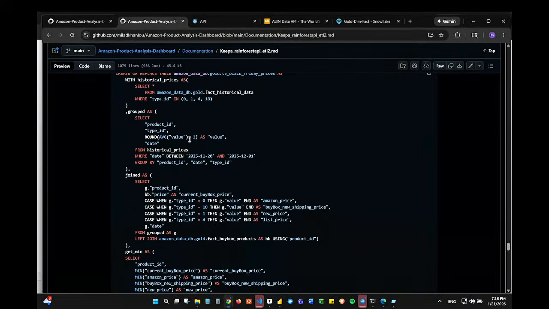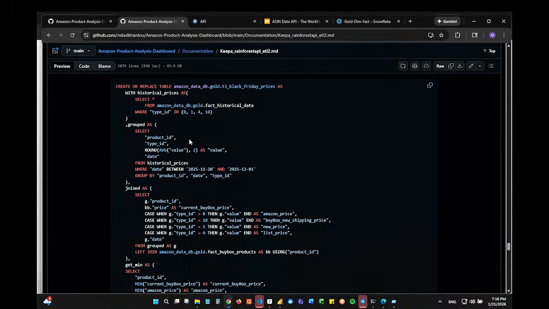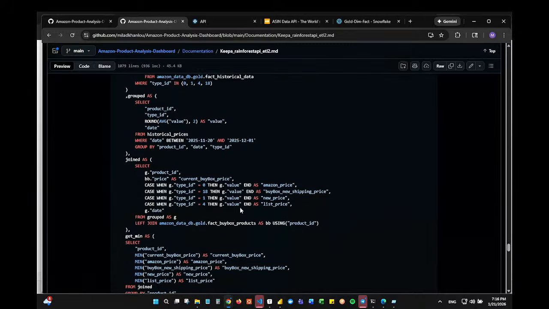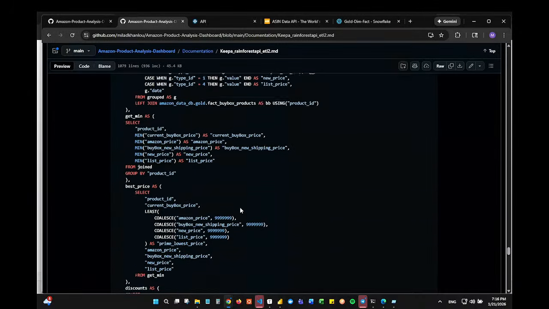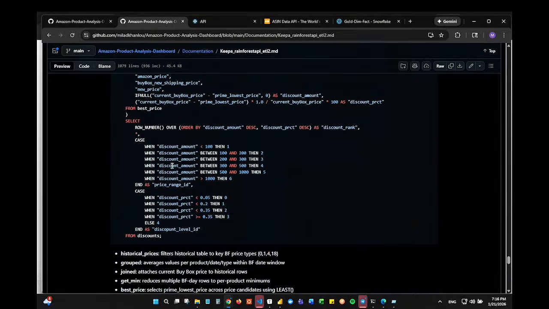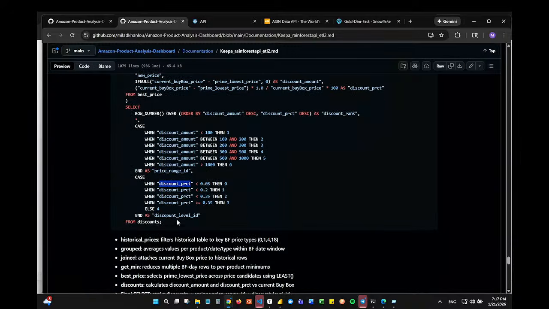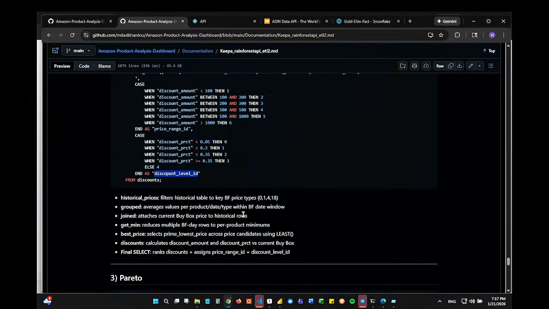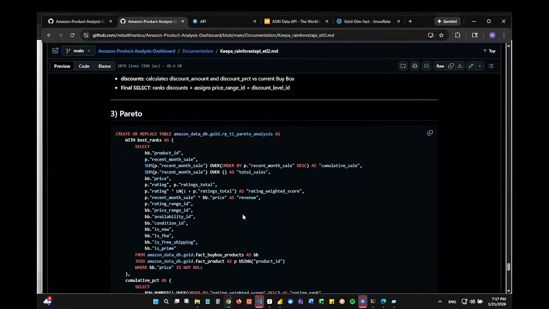This is one of my Black Friday data sets. From my historical data, I only filtered the data from this range of dates, from November 20 to the first. Then I got the discount range, the discount percentage, ID level,